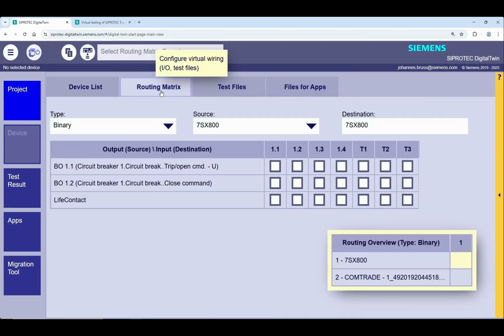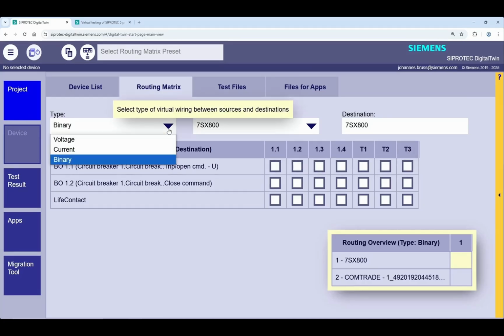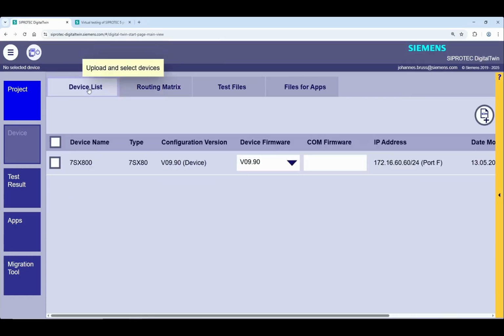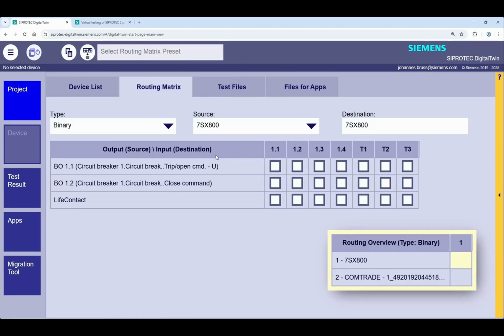Routing matrix. Here, if you have more than one device, for example, you can make the connection between the different devices. So voltage, current, or binary signals from one device to another device. For example, from this device, the source, to this device, the destination. Of course, since we have only one device in our device list, we cannot do anything here, but if we have two or more devices,